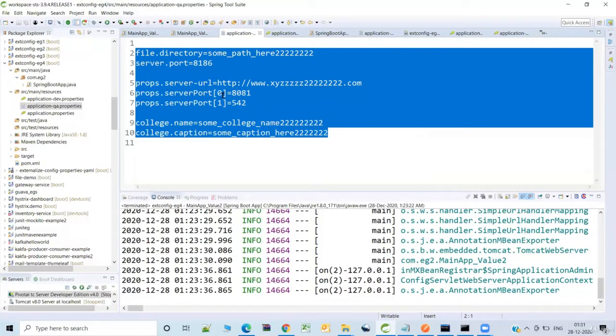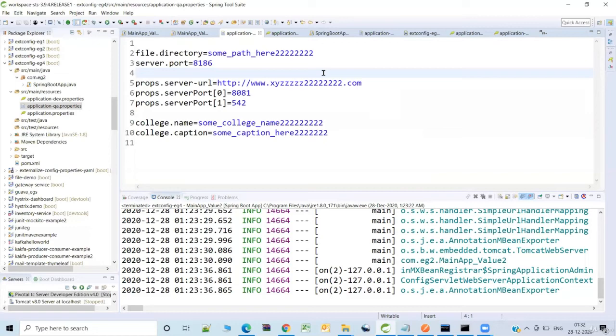The reason is, let us assume you are connecting to a MySQL database server, and the MySQL database server is different for your development purpose and for QA purpose. The QA team is using some other MySQL server for testing purpose.